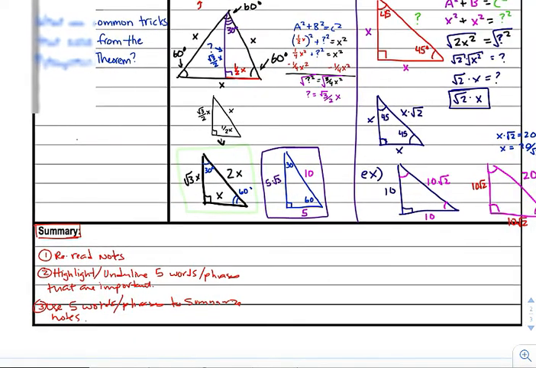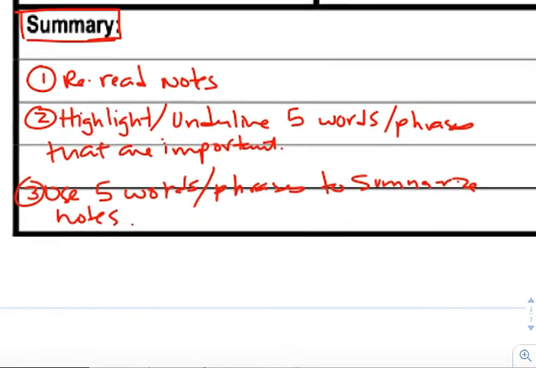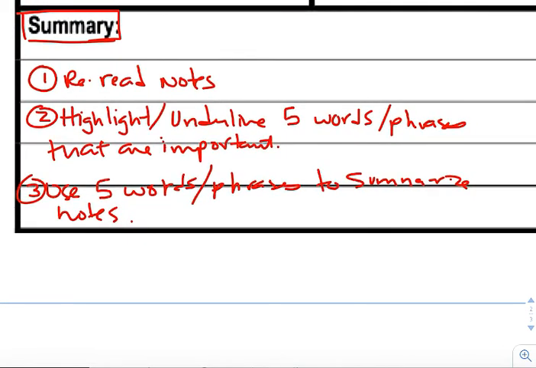And so the only thing that's missing from these notes, if you choose to use them in the future, is your summary. To remind you what I said in class and continue to say in class, we're going to be more careful about what kind of notes you get to use on our test from this point forward. So the thing that we want to see you do is, of course, read the notes. Then I want you to highlight or underline, whatever your preference is,